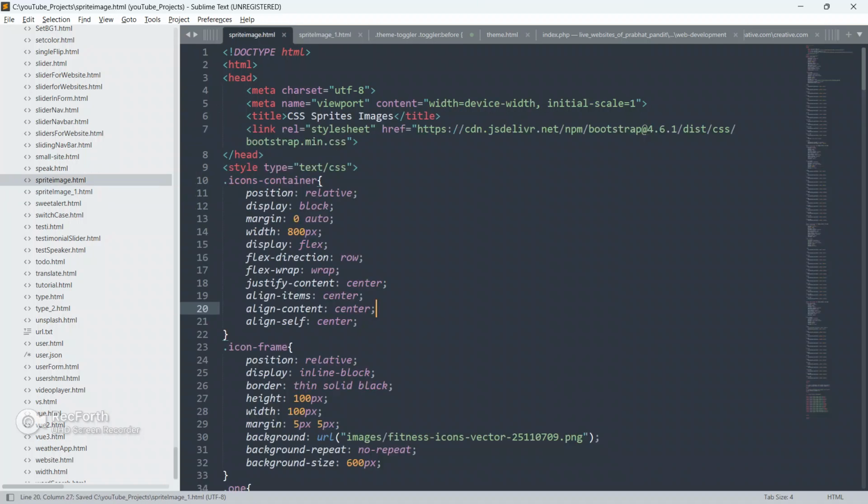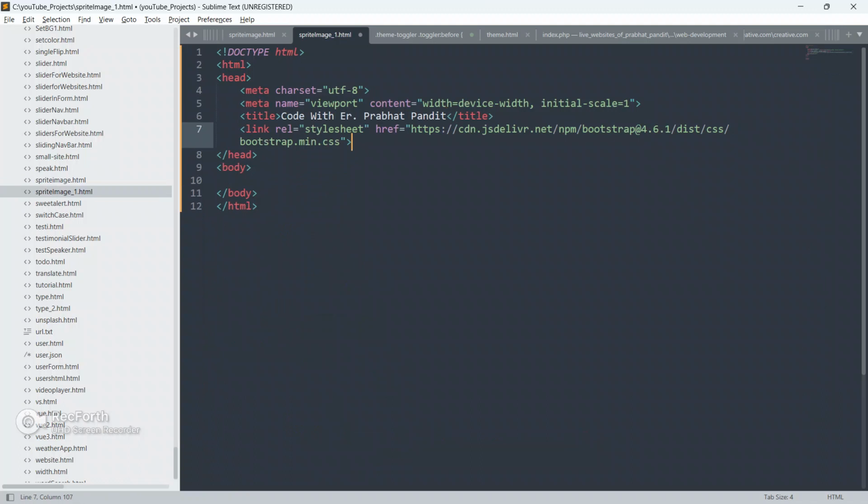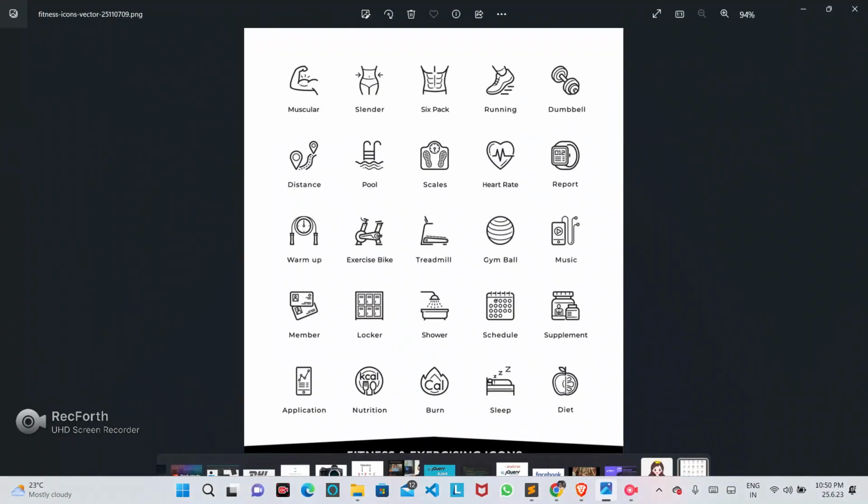Prabhat Pandit. Okay, so first of all, let me paste the Bootstrap CDN link, guys, from the previous example. Let me paste it here in the head section. As you can see, guys, this is the style sheet, and this is the CDN link for Bootstrap 4. Okay, so now let's get started, guys, and let's learn how to create CSS sprite image using HTML, CSS, and